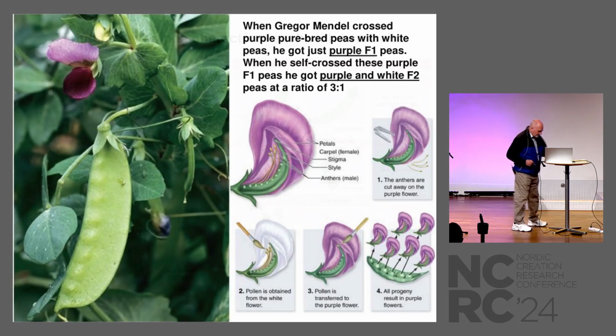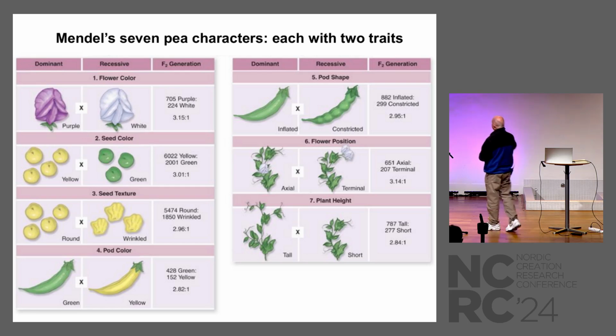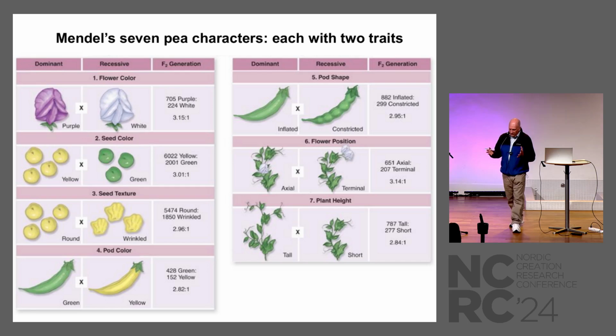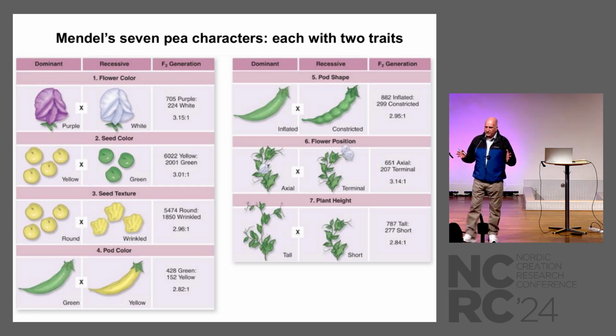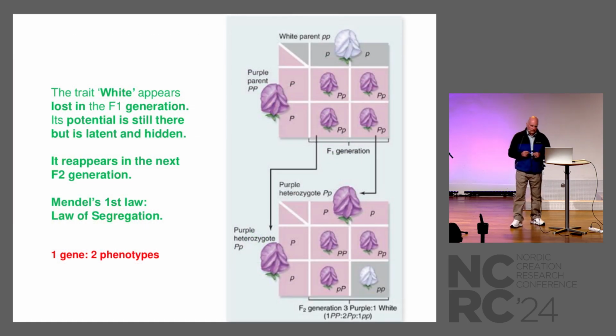He actually did this for 7 different characters. And what you're seeing when you see pictures of these characters is on the left side, you always see the dominant one. And to the right of that, then you see the recessive traits. And he did it for all of these, and he found consistently the same thing, that after his first generation, one of the traits disappeared. He called that the recessive trait. The one that was always shown, called the dominant. I'm sure many of you are very familiar with that. When he self-crossed